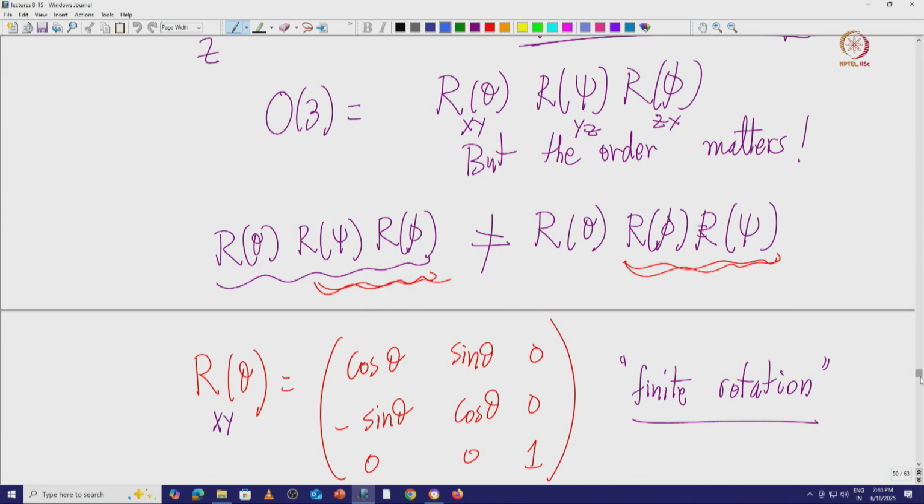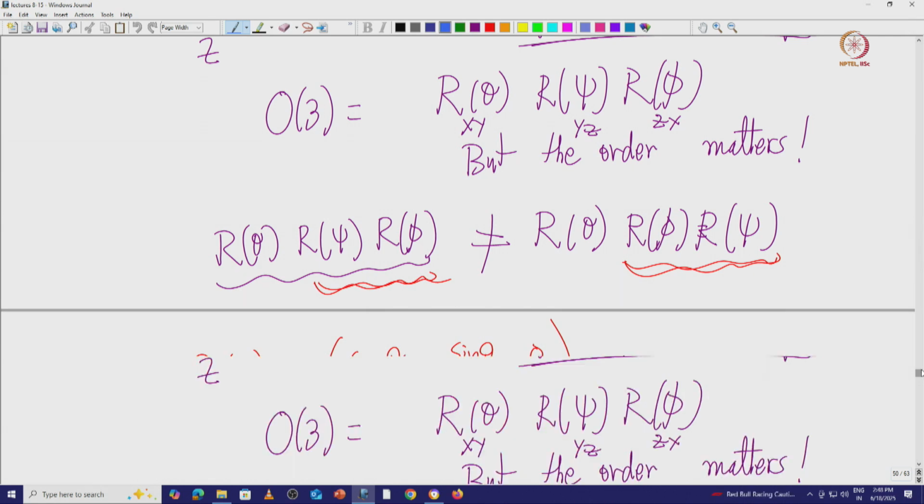Welcome back, friends. So we were discussing representations of unitary groups or orthogonal groups yesterday, in the last lecture, and today we'll continue to do that, and we'll see the connection with the Lorentz group, and how everything falls in place.